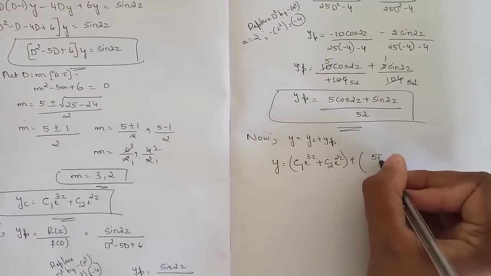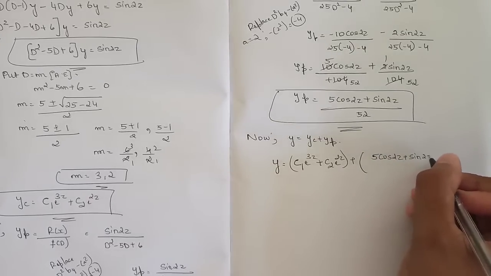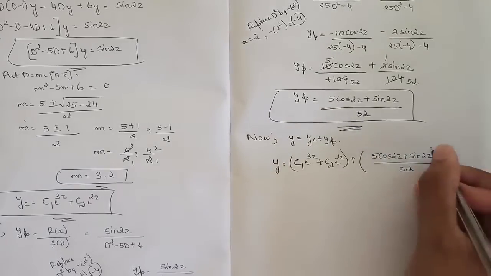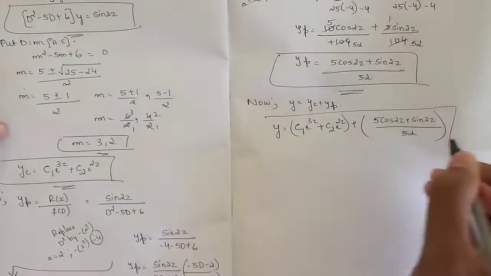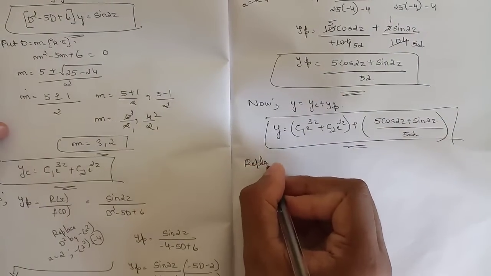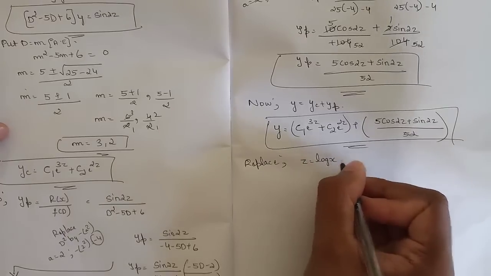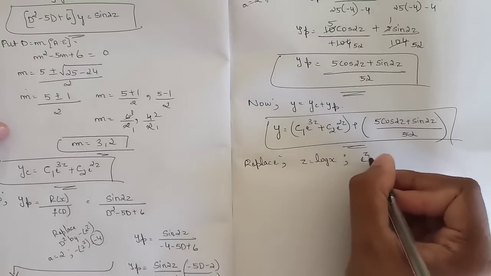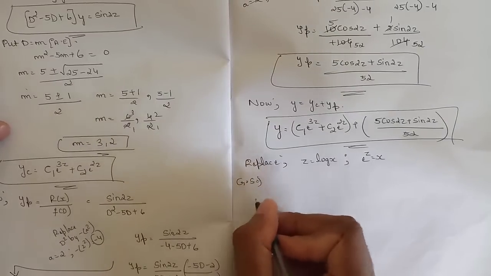Yeah, we got it as (5 cos 2z plus sine 2z) by 52, right? So this is your y. Now we need to replace z: z is equal to log x, also e power z is equal to x. So our final general solution will be looking like